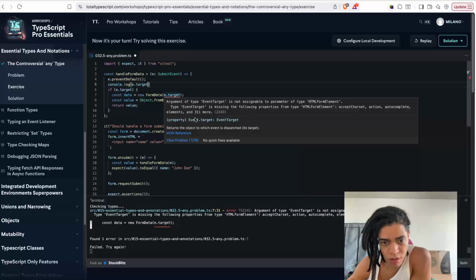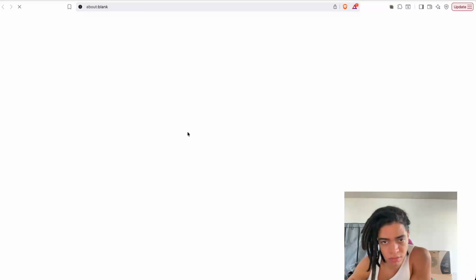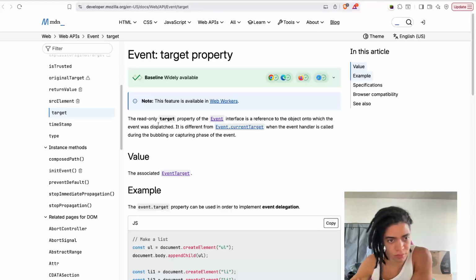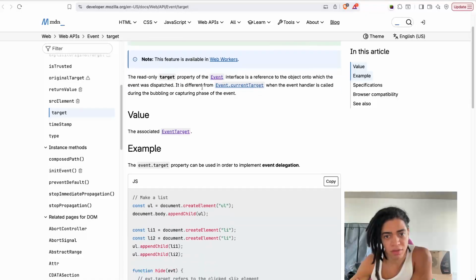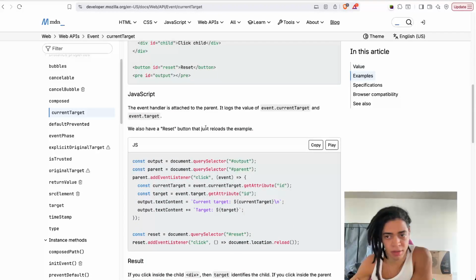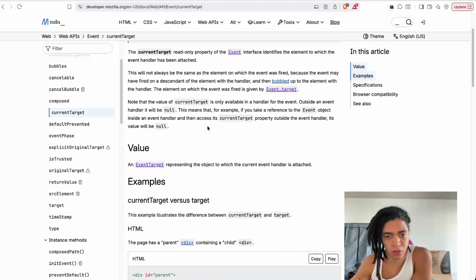Okay, like this. The read-only target property of the event interface is a reference to the object onto which the event was dispatched. It is different from the current target, when the event handler is called during the bubbling or capturing phase of the event. But again, both of them return